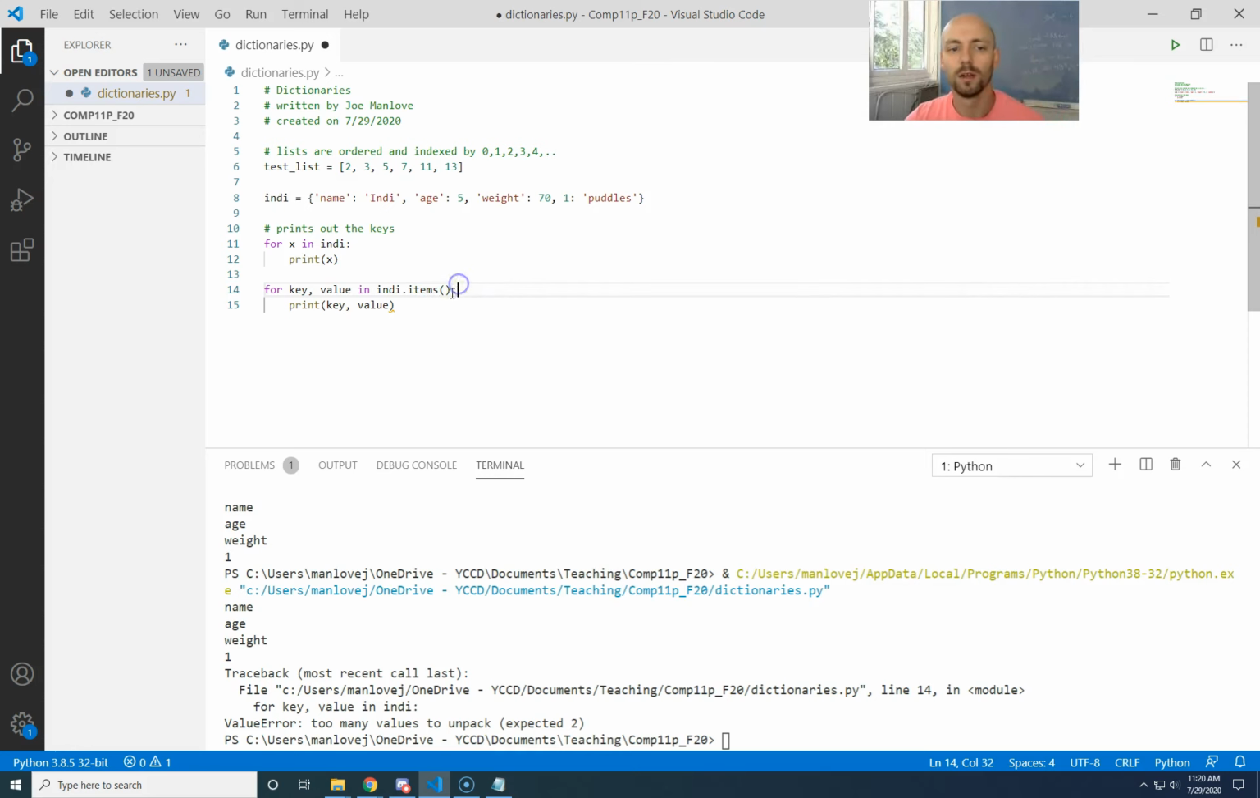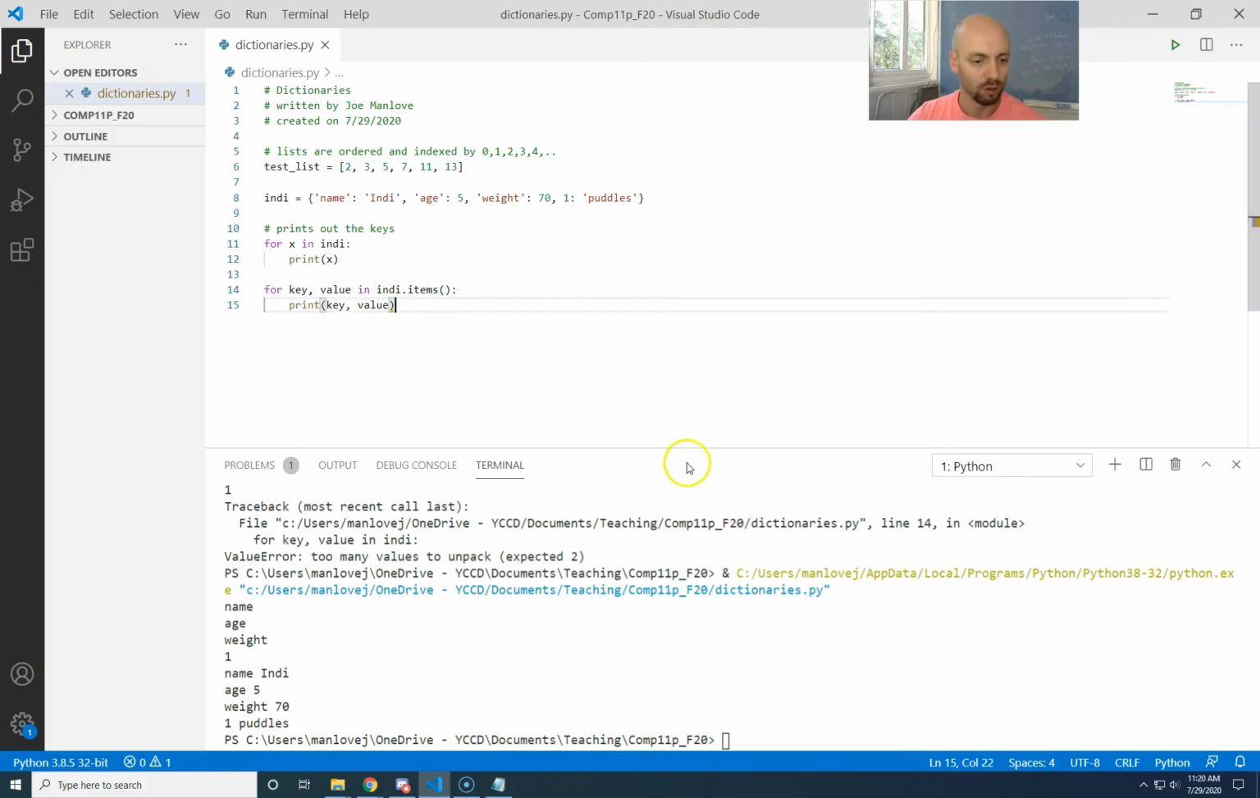And that's a method, and what it returns is a list of tuples, or a collection of tuples. So now if I hit go, I get, okay, so this one's printing out the keys, and then this one's printing out the pairs. So I have name, Indy, age 5, weight 70, 1 puddles. And if I just want the values, I could do this, or I could do,